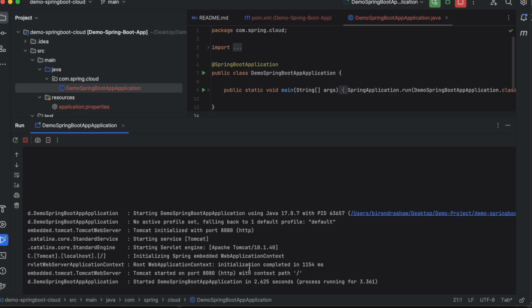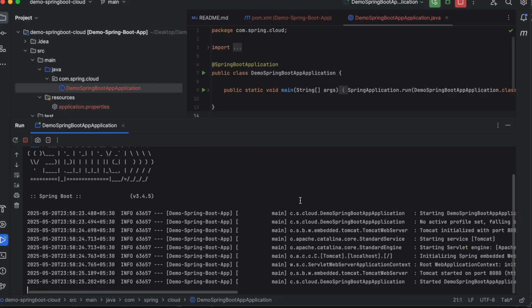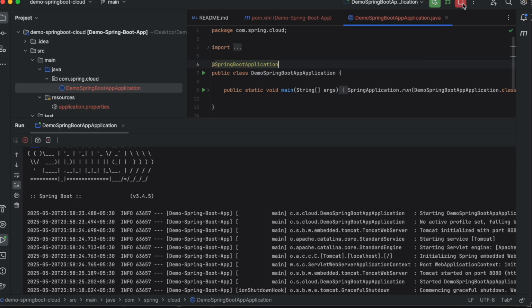Because since it is a web application, a server is required, right? So this is what we are able to see. So hope this is clear and we are able to run the application. For now, I will just stop and we'll proceed with the different folder structures for controller, services and all, right?